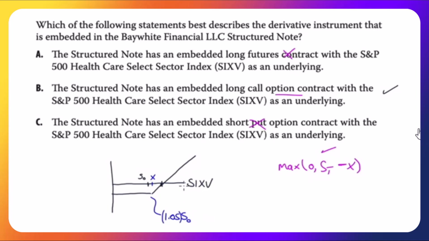So think of this as the price of SIXV at termination. Here is what we'll pay, negative C naught for the call option. It has a strike price, which is 1.05 times whatever the price of the index is, just 5% higher. And at that point, it starts gaining value. This is not the payoff, this is a profit chart, right? If we want a payoff chart, it looks like this. It's zero all the way to the strike price, then it goes up. But since we pay for the option, I've drawn the profit chart here.